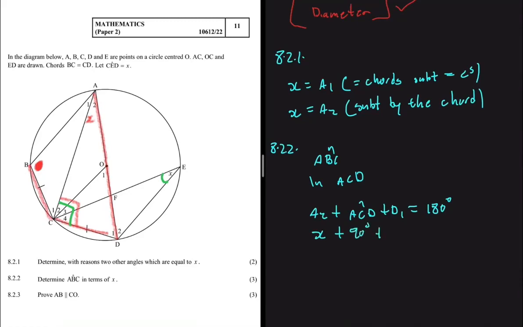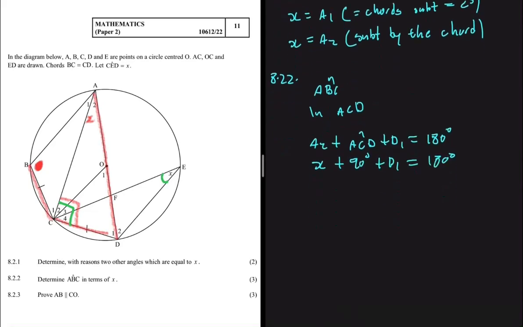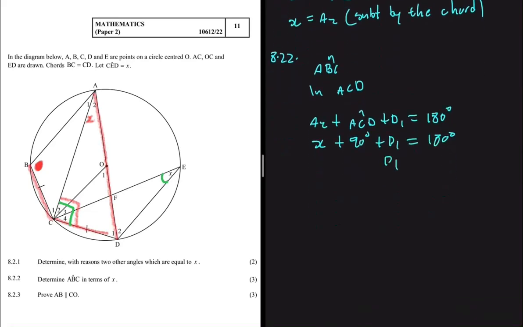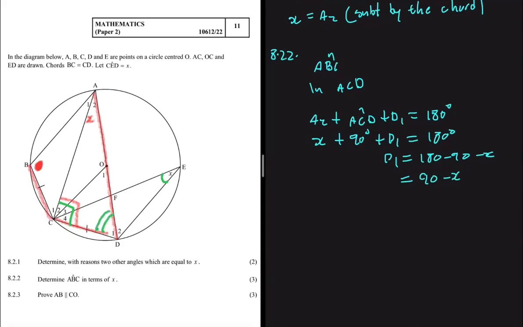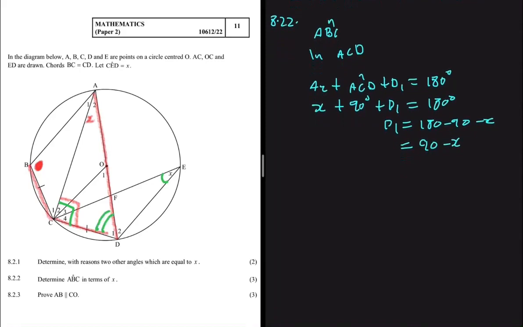And then plus D1 should be equal to 180 degrees. So D1, if we solve for D1, we should get 180 minus 90 minus x. So D1 should be 90 degrees minus x, right? So this angle here, D1, we're saying that it is 90 minus x. Now what you have to realize is that